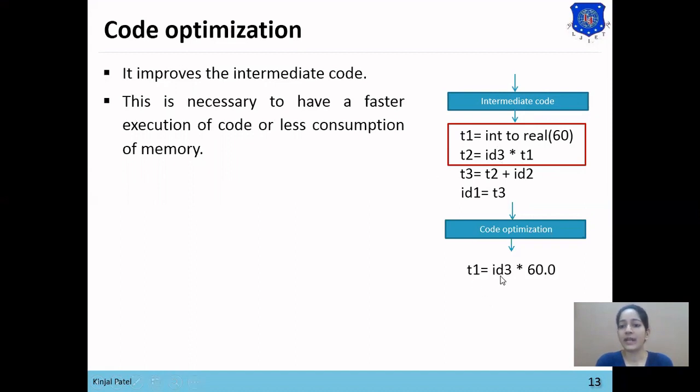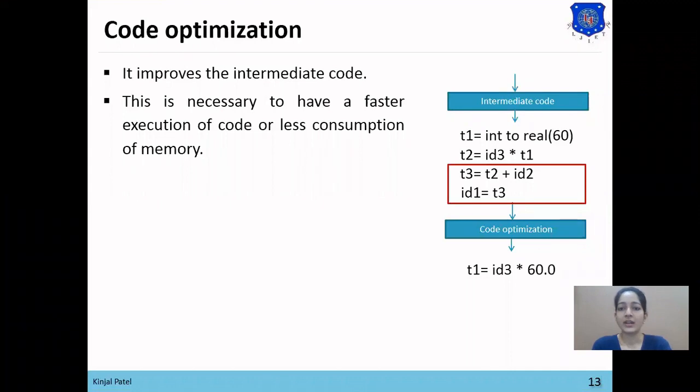T1 equals ID3 multiplied by 60. So now our code has been reduced from 2 lines to 1. Now in the third and fourth statements, T3 equals T2 plus ID2 and ID1 equals T3. So we can reduce these 2 lines to 1 by directly storing the result of T2 plus ID2 into ID1